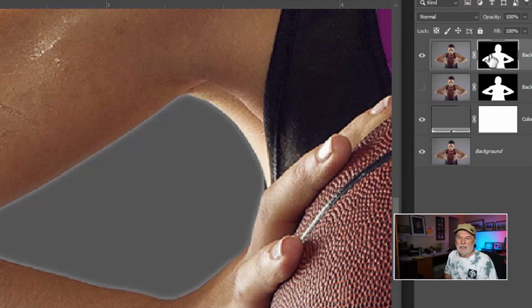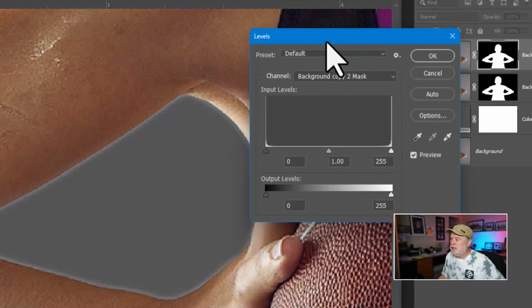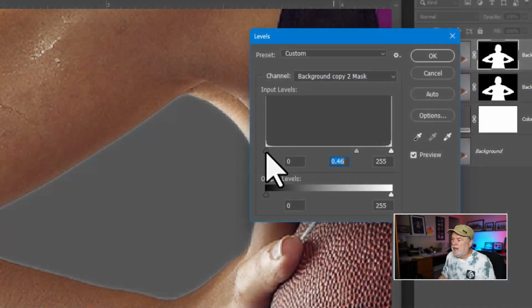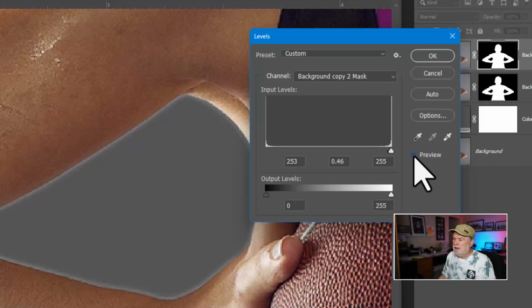On a Mac, that would be Command L. So Control L versus Command L. And I play with these sliders here on levels. And watch what happens when I move this to the right a little bit, and I grab this node over here, and I move that to the right. Notice how I see my edge disappearing. Okay? But the problem with doing that is, and I'm over-exaggerating that, I'm going to cancel this before and after,